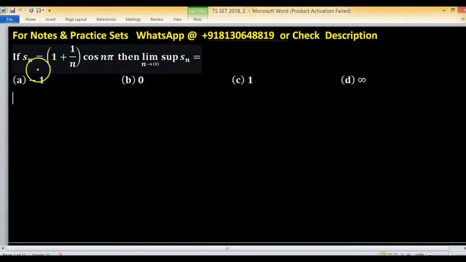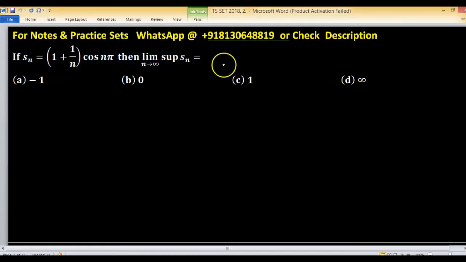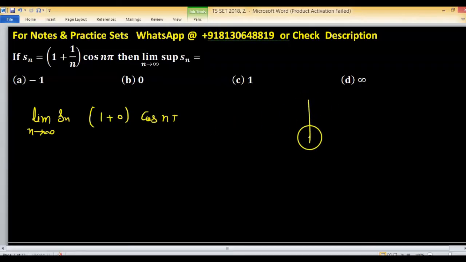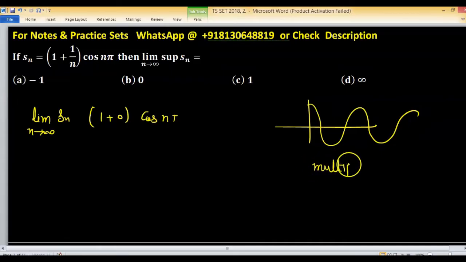In this given problem, a sequence Sn is given to you and we have to find the limit superior of Sn. So first, limit of Sn as n tends to infinity, 1 plus 0 cos n pi. This is the graph of the cos function at multiples of pi. At multiples of pi, the value is either 1 or minus 1. So limit of Sn